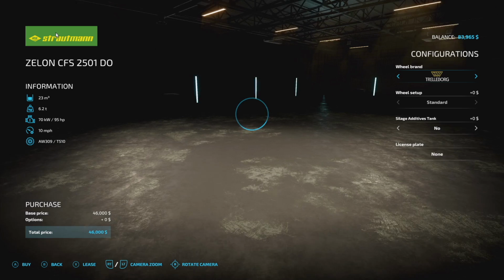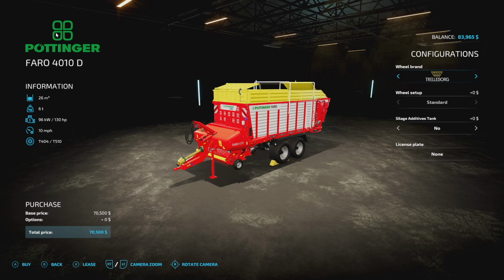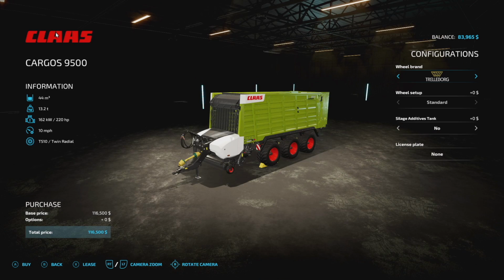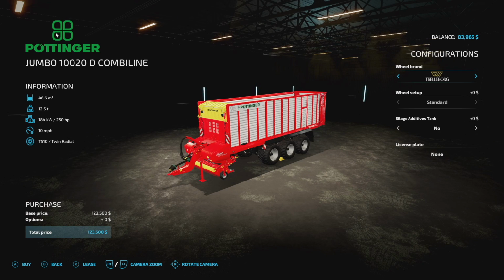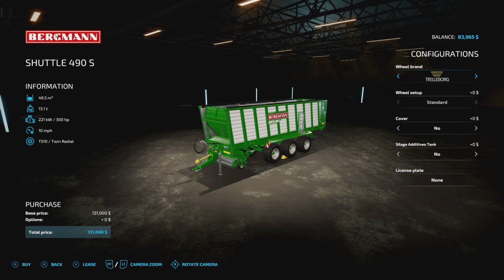Double back and check. Yep, 16.1 thousand. We also have the Strautmann Zelia, it's going to be a 23,000. The Pottinger Faro, 26,000. Rapid Shootamaker, 35,000. Over here from Kloss the Cargos, 44,000 liter capacity. Pottinger Jumbo, 46.6 thousand. The Bergman Shuttle,